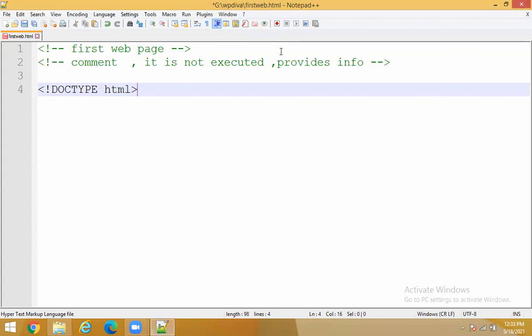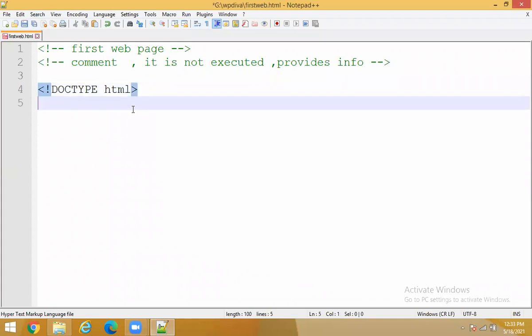Now see, in between, keep a habit of saving your files. If you forget to save your files, and sometimes the power supply goes off, your data will get erased because we are working in primary memory. Once you save this data, it will be stored in the secondary memory.